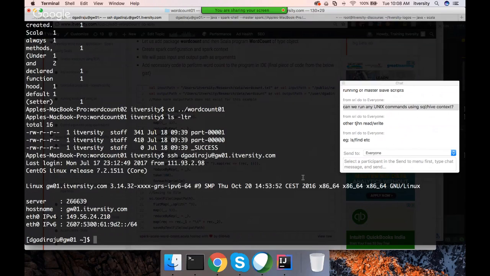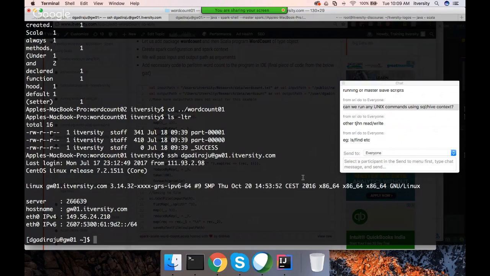It is nothing to do with Spark. It should be the feature of the programming language. Scala, Python, Java, all of these have the capabilities to run OS level commands. I have never done that with Scala, so I don't know how to do that, but definitely there will be APIs. Okay, with respect to Spark, Hive context and SQL context are part of Spark context,